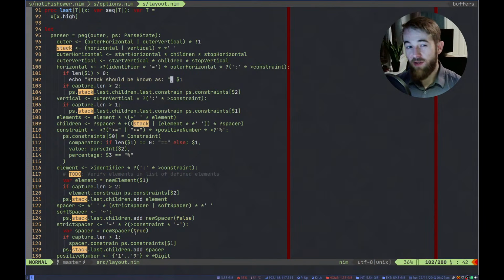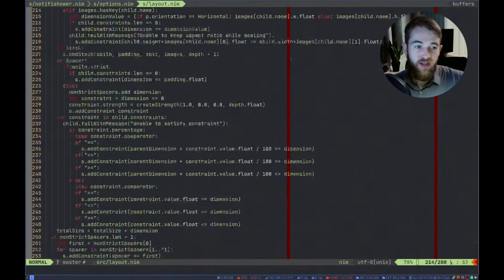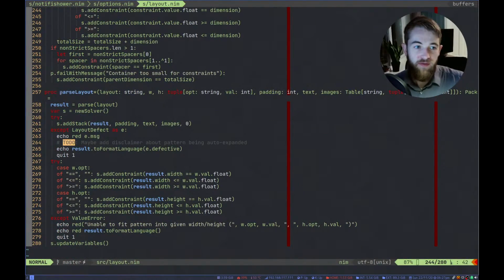The reason why it parses it 3 times is because the parsing is called from parse layout, which parses the format, but also does all of the solving thing.